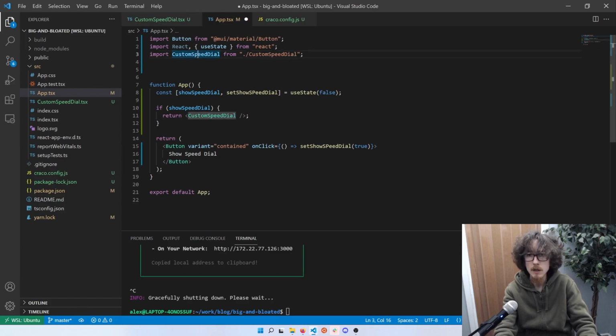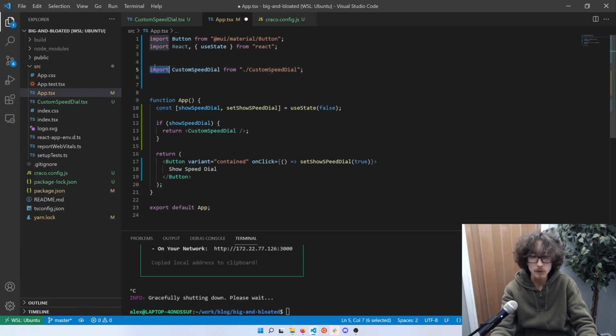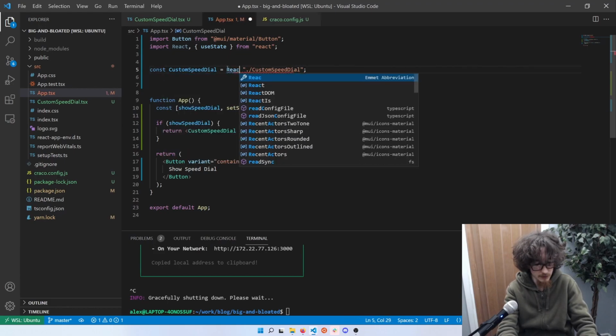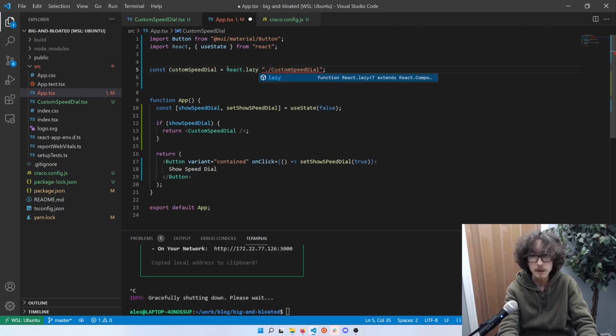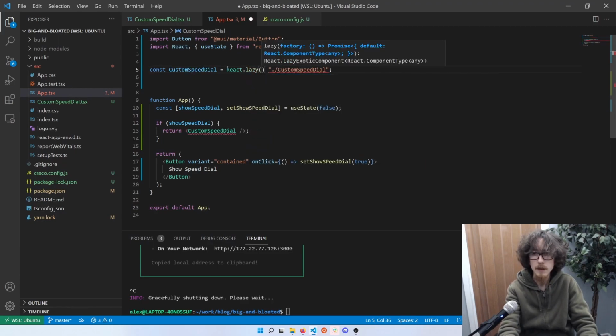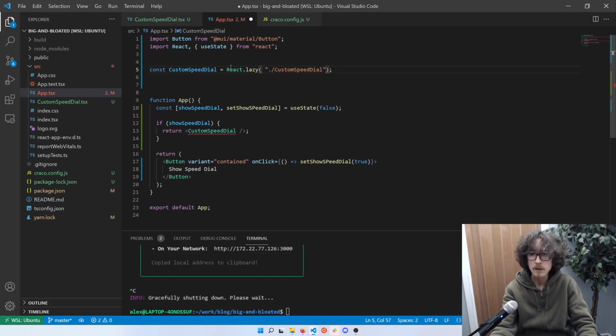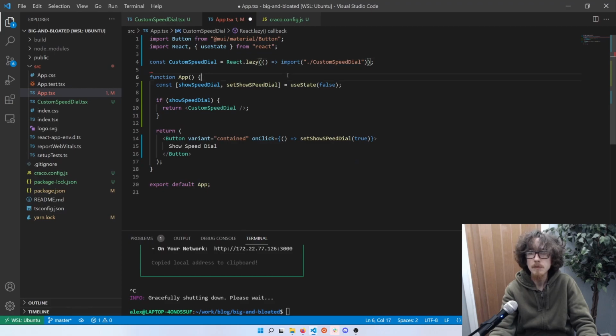Instead of import CustomSpeedDial, we want CustomSpeedDial equals React.lazy, and that is going to take a function that imports this module. So when we do that,